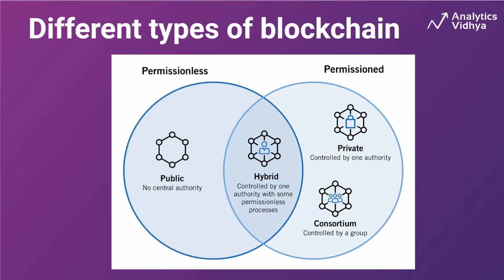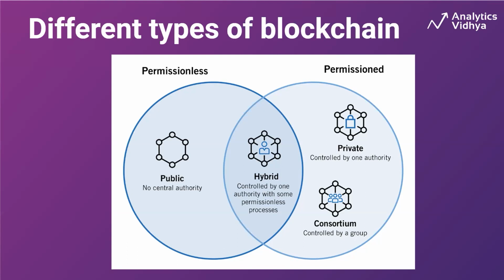Let me give an example of a consortium blockchain. You all know about the seven sisters in the UN. United Nations has seven countries that come together as a group, and for any particular order or rule they have to maintain, they have a discussion about the new concept. After agreement from all seven countries, that particular rule is implemented. So this is a very good example of the consortium blockchain itself.